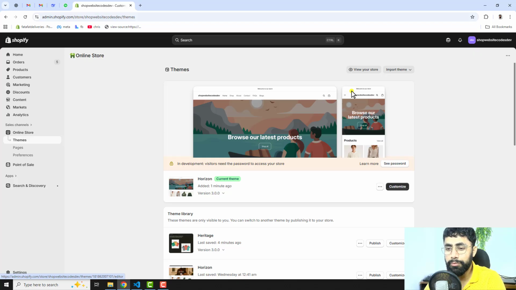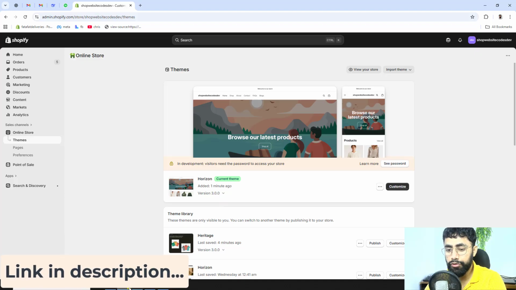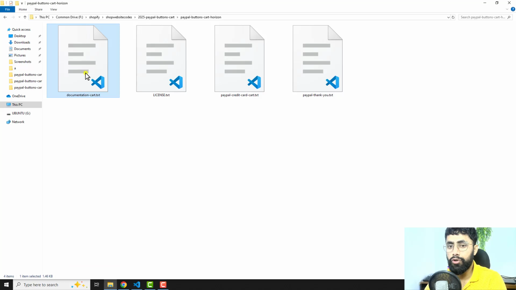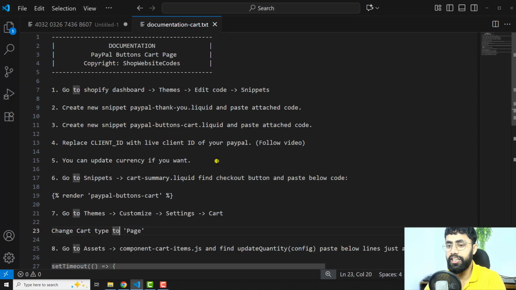Here on my dashboard, you can see that I have the Horizon theme. Let me follow the documentation. I have already given the link below in the description. You should click on that link, and then you will get all these files. Let me open documentation-cart.txt, and inside of this file I have already given all the steps which we are going to follow in this video. Now the first step is go to the Shopify dashboard, click on themes, click on edit code, and then